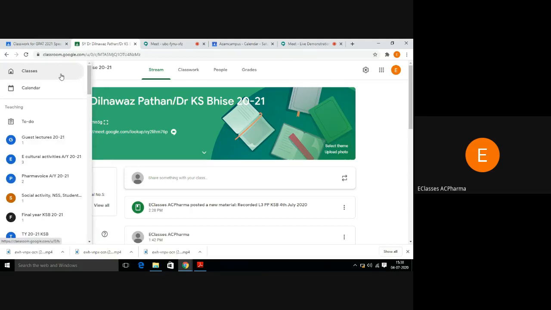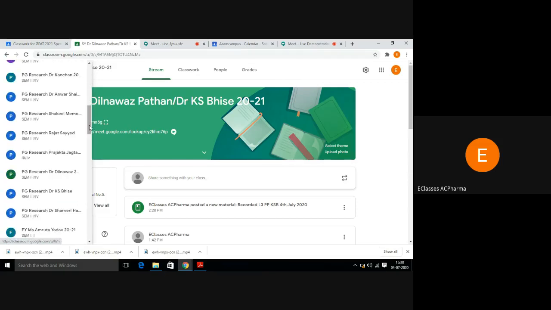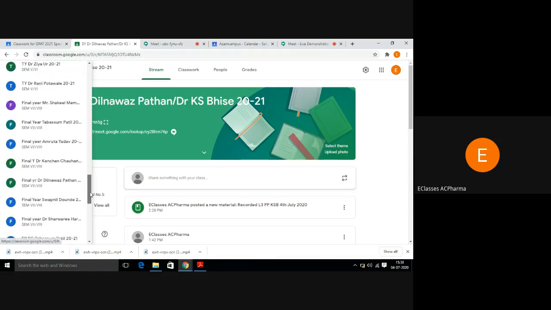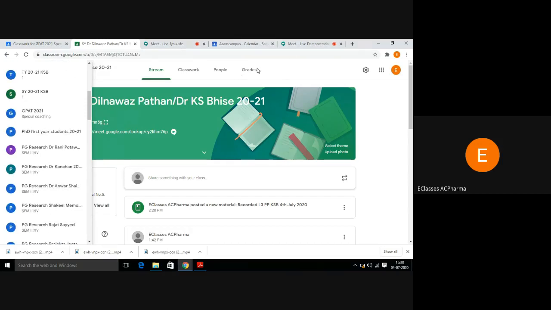So this is how the principal can monitor all the activities, actively participate, interact with the teachers and the students, and communicate the progress to the parents also. Here in the grade section, the teacher can see the grades of whatever exams and tutorials are taken by the concerned teacher. The consolidated grades are generated, and the teacher can see all those grades at a time.